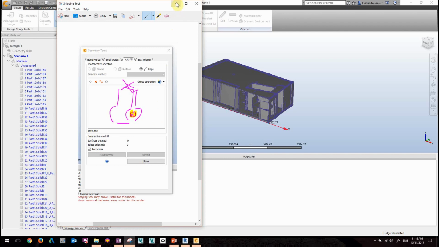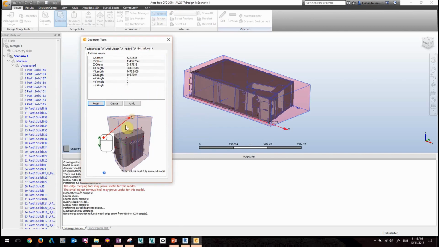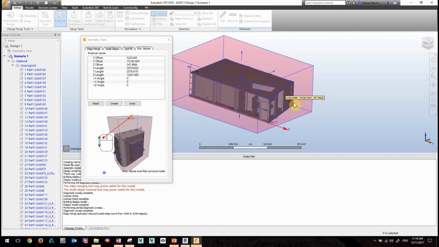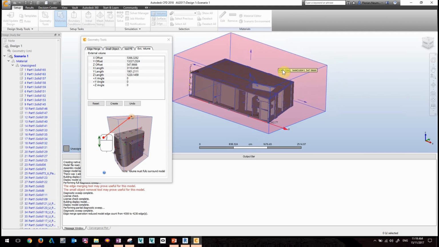In our case, we have bypassed this with an external volume. So when I click here on my external volume, you see a little bit the extent of my volume. When I hover with my mouse over it, I can also adjust it. However, when I go a little bit in, it jumps back, because the external volume is pretty clever and figures out, hey, I'm not enclosing this model completely. So that's why it goes back to my minimum extent. If somebody wants to have a bit more, if somebody wants to do some wind tunnel analysis, then this would be your toy you want to play with, when you want to bring maybe your car in, or something else, and then we can create